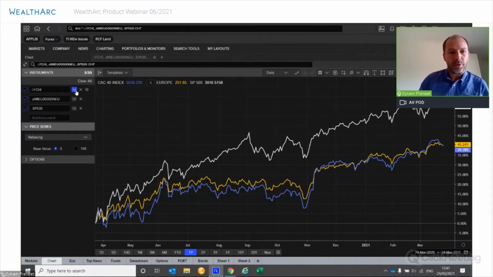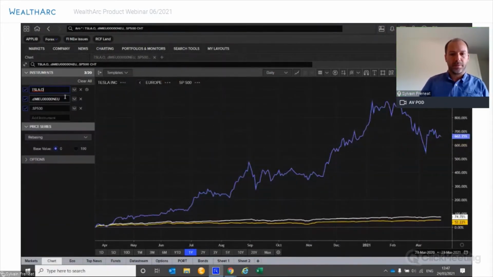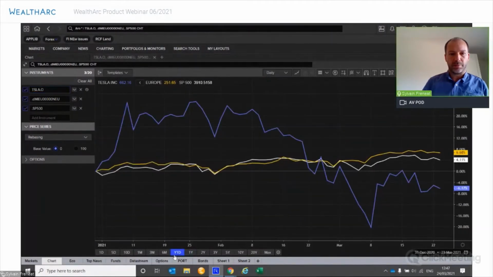You are also able to add any other kind of instruments or simply change that. You see, like that, where you have your chart rebased to 0 on a year-to-date basis.